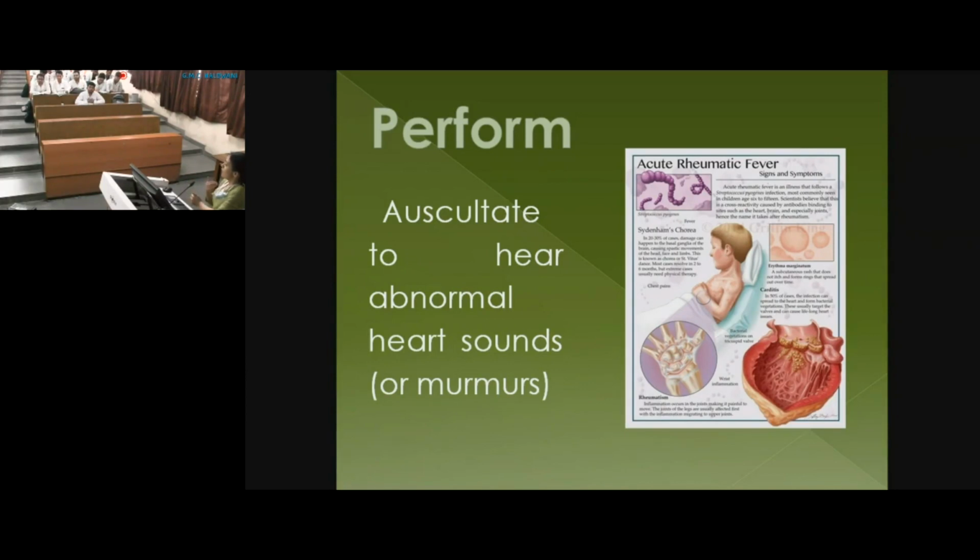Which side is the pulmonary? Which side is the aortic? So this side, the right side is the aortic, and the left side is pulmonary. And the third space is the second aortic space. So you may have an aortic murmur, which usually goes to the neck or the interscapular region. You may have to examine the child, and it's usually the mitral valve. I told you, 95% it is the mitral valve.